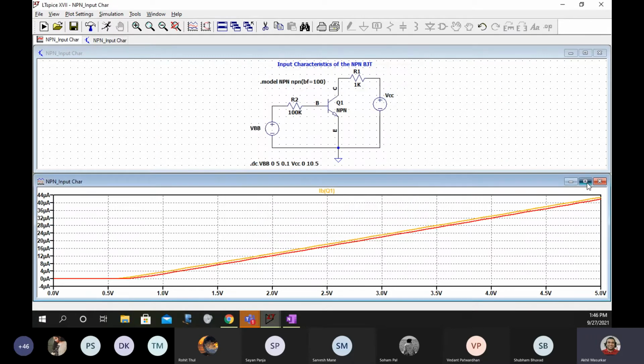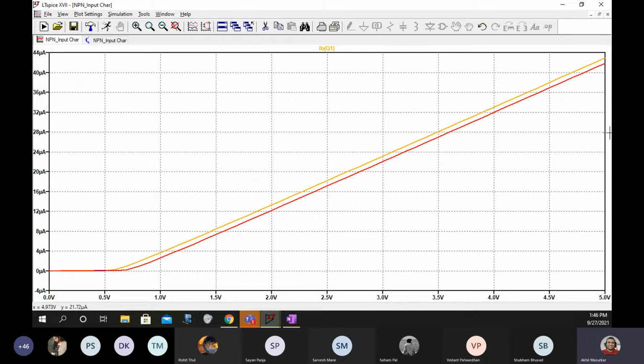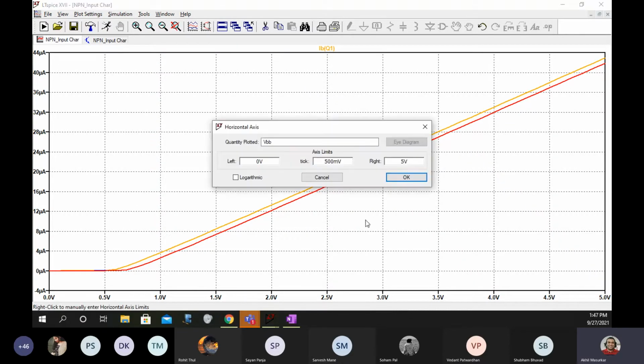So you can see this characteristics. Okay, but this is not what you are looking for. IB you want on Y, but on X you want VBE.